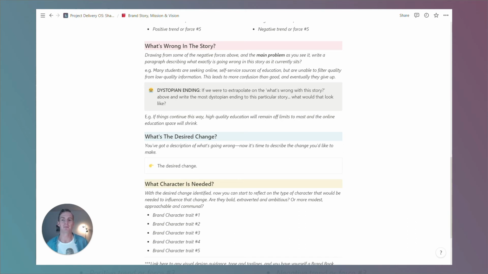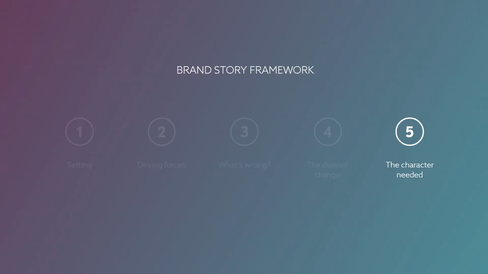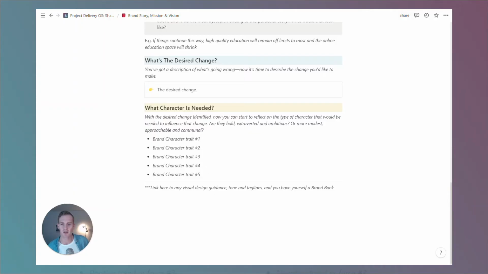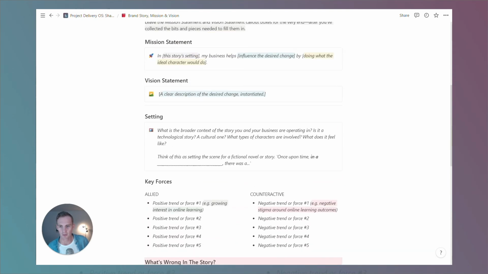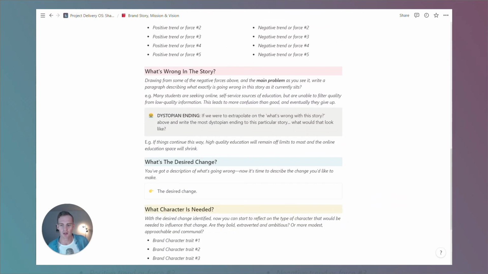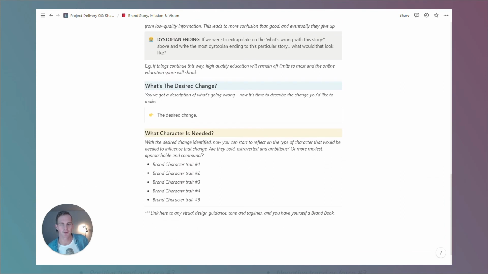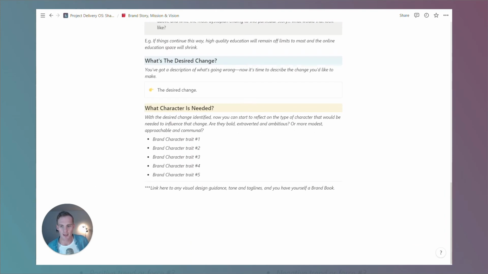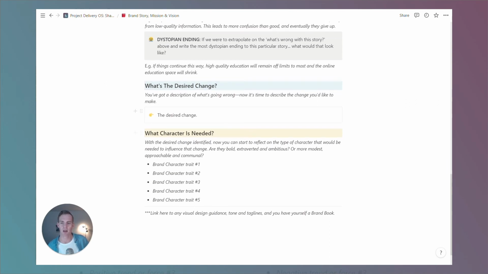That might be, again, the flip side of this dystopian ending, where youth and people who are curious and interested have the tools that they need. They have the ability to filter good from bad information. They make better decisions, all of that good stuff. And finally, after looking into this world, this story, these problems, these potential solutions, we get to insert ourselves into the thick of it. And we need to ask the question, what character would be needed to influence this change